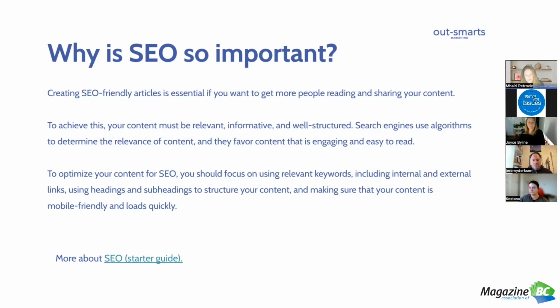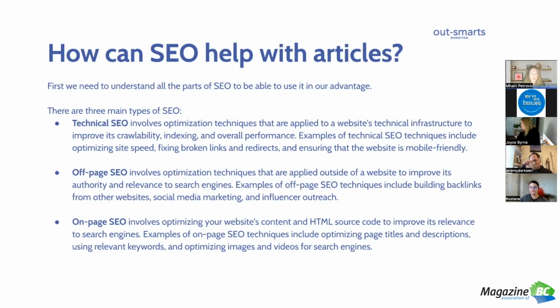SEO is something that you can see the results of really, really quickly. Unlike things like social media or Google ads, I feel like with SEO, you have more control over this. If you do it right, you can bubble up to the top of the rankings relatively quickly. That kind of depends on how much competition there is for the words that you're looking to rank for, though. And again, I'm going to step you through how to help you rank higher as we go through our session today. So, how can SEO help with your articles?